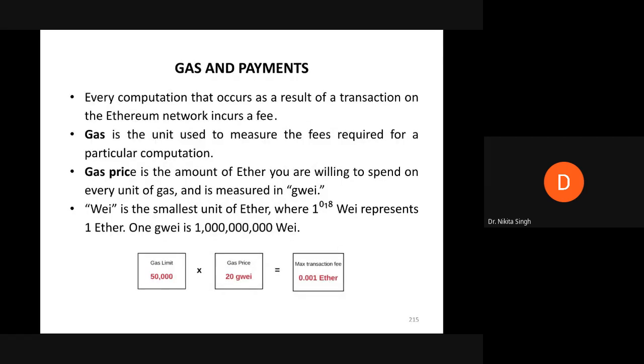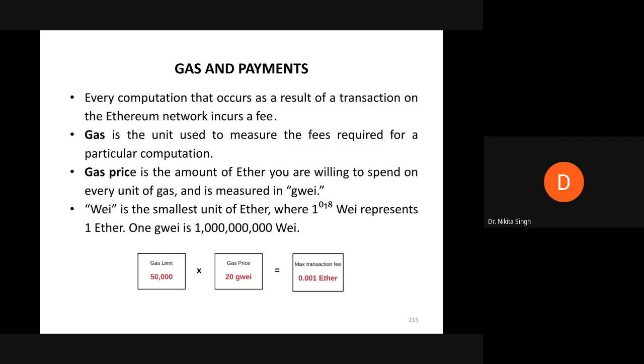Now, we know that Ethereum is a blockchain. It is the second largest cryptocurrency in terms of market capitalization. And Ether is the internal cryptocurrency. Ether is used to maintain your Ethereum network. It is the native cryptocurrency associated with the Ethereum platform. So Ethereum is not just limited to making payments.